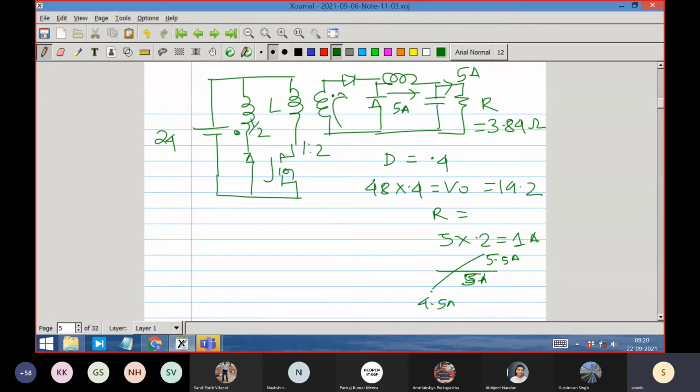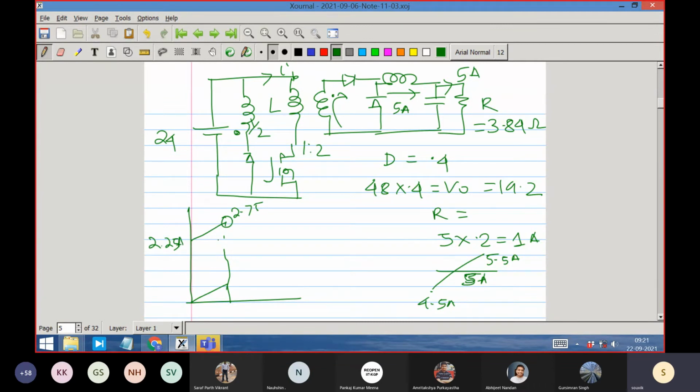So now that current is coming through it. What will be the transformer primary current, IP, during on time? One part is the magnetizing current, and another part is the load current. So what is the load current? Because of the turns ratio, this 5.5 ampere current will reflect here as 5.5 divided by 2, so it is 2.75, and 4.5 will be coming as 2.25. That is the current. So what is the magnetizing current?